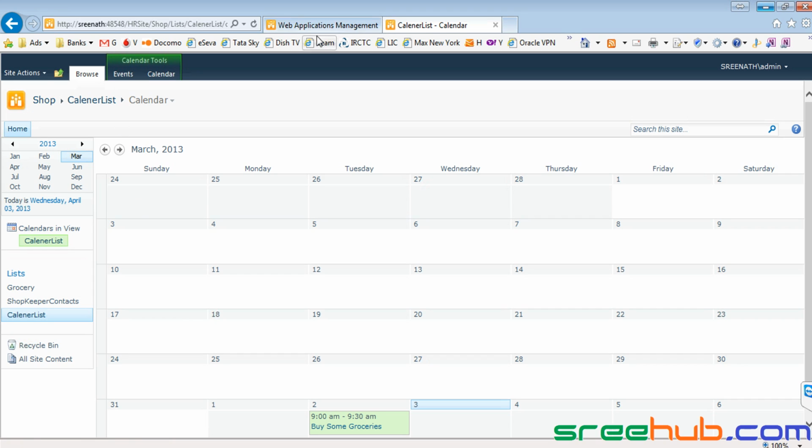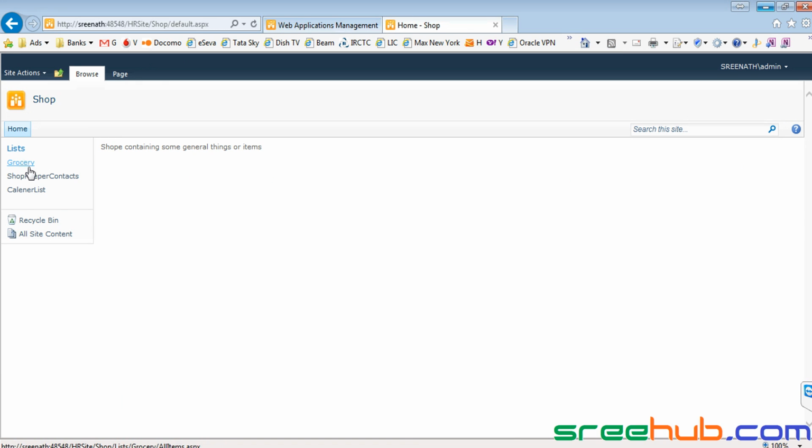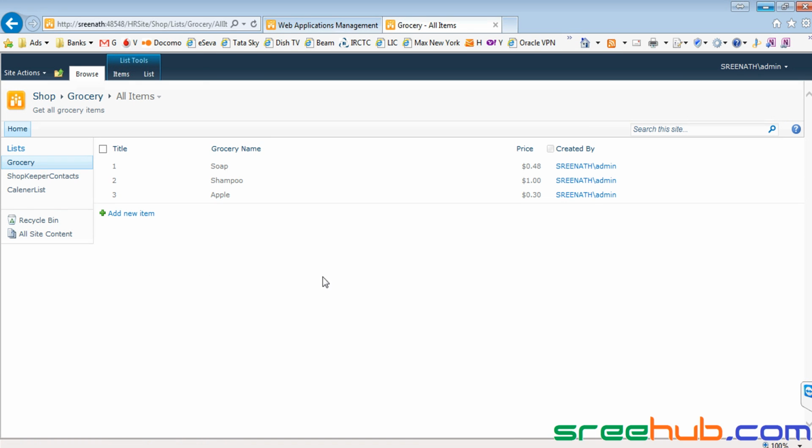Today we'll be seeing something new, which is a view. A list shows the items, or a table where you can see some data. This data can be employee data, or grocery items, household or office items.